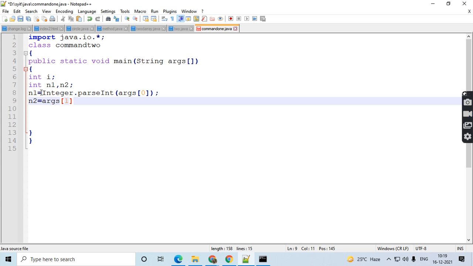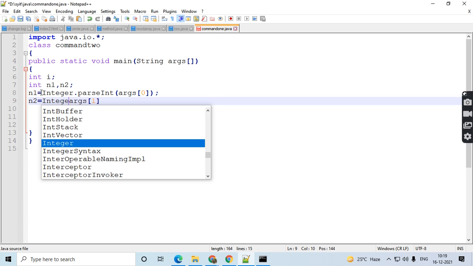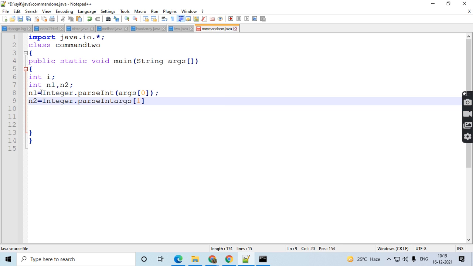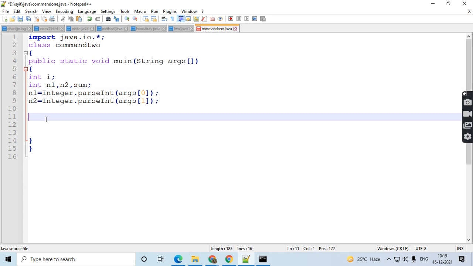After reading this second argument, we have to convert it into the integer format, so we write Integer.parseInt here. So this is my second argument. I will add these numbers inside a sum variable that we will declare.